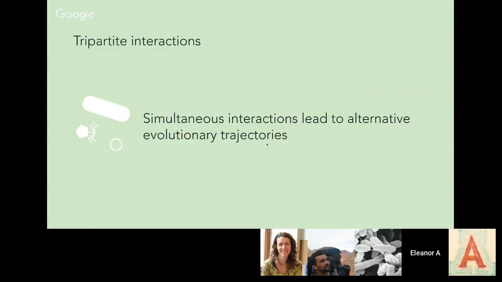So to summarize then, we find that simultaneous interactions lead to very different evolutionary trajectories for the bacteria. And I think this is a very simple example. This is one phage, one plasmid, one bacteria in a lab media system. But what it shows is that you can have very, very different outcomes just with these very small changes to